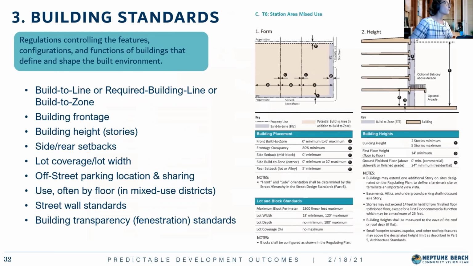And the same can be said for the building standards. So again, there's lots of elements to actually putting together the building standards in a form-based code. The most important thing to keep in mind is that these are always visual. So it's very clear and easy to use when you open up and see your transect zone where your property is. You can very quickly understand what the rules are, what the build-to lines or setbacks are, and what are the permissible frontage types.